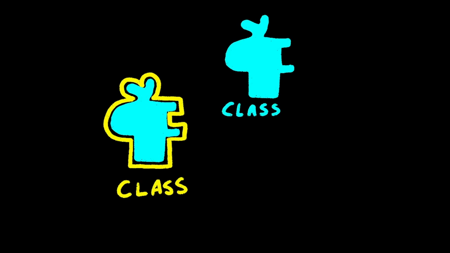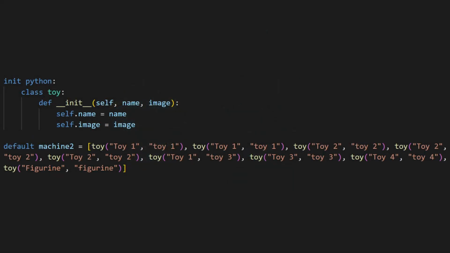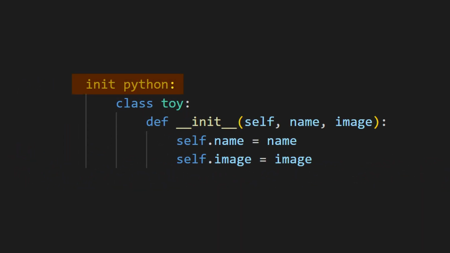A class defines a kind of variable that's made of multiple variables, and a class object is an instance of that class where all those variables are defined. So the class defines the size and shape of a container, and the class object defines what fills one of those produced containers. In this case, I want to make a class, toy, that's made of a name and an image. Under init python, which means we're creating this class right when the game opens, when Python initializes,